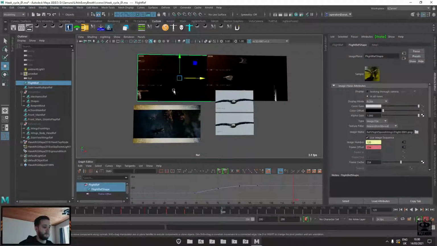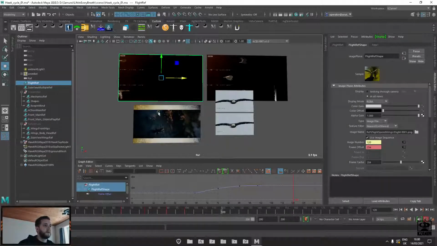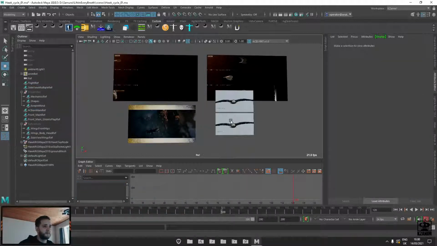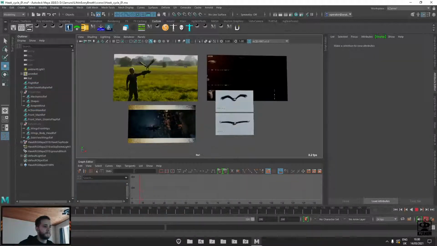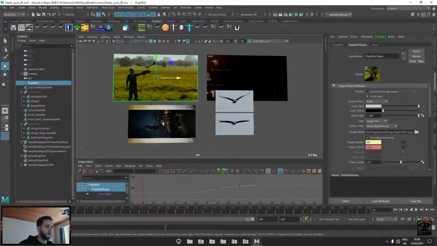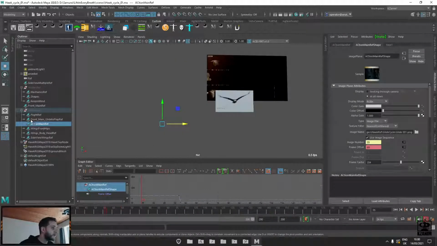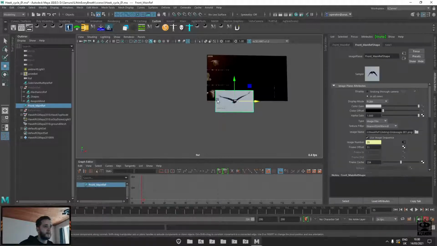And let's take these to the side. So yeah, now I can just hide everything. Bring them all into the references folder, hide them for now. Now I can